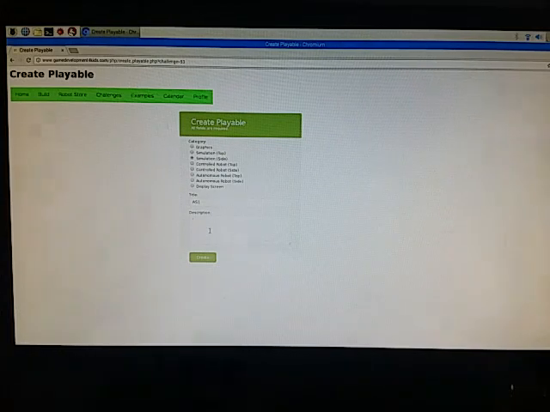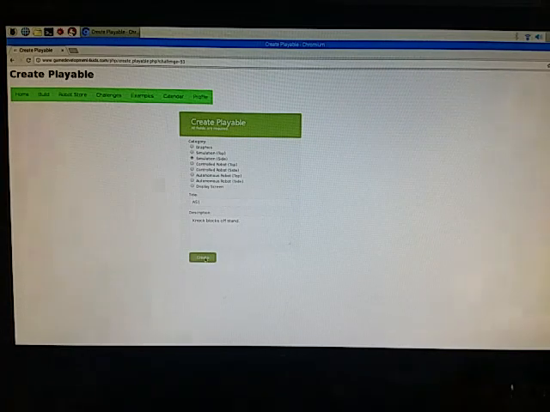And in the description, we're going to say knock blocks off stand. Okay, just something like that. It doesn't really have to be much, but you do have to put something in there. So I'm going to click Create,